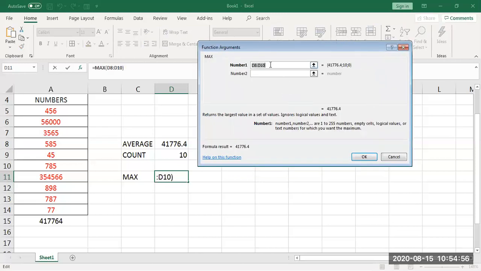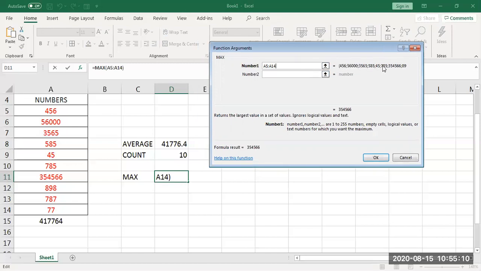Here we need to give the range. To give the range, one option is you can type A5 colon A14. If you observe here, it would have selected all our values, 45, 456 like that. That is one option. Otherwise, if you are not too thorough with these values, there is a small arrow key, you close it off.